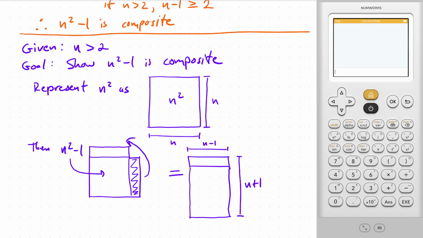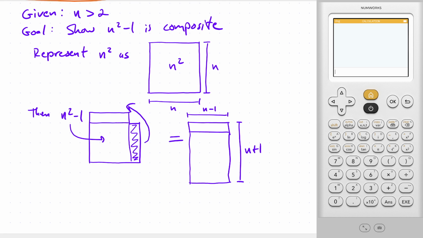But also notice that since this is a rectangle, this represents, and let me just put it up here, a composite number. All right, and the reason it represents a composite number is that we can see that along the top